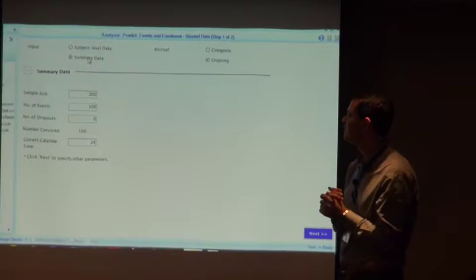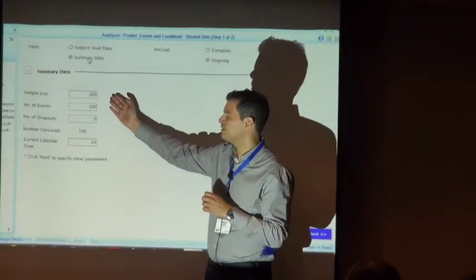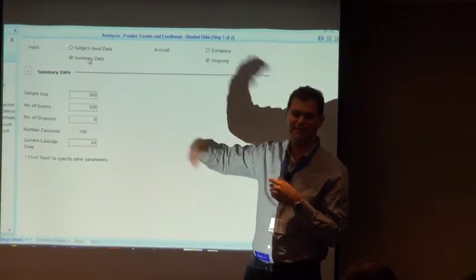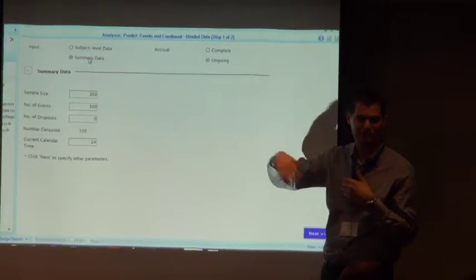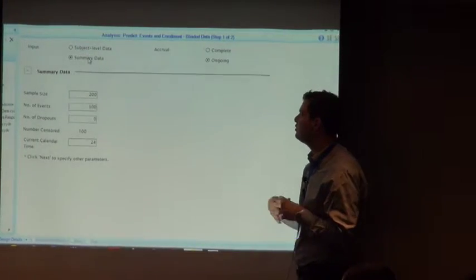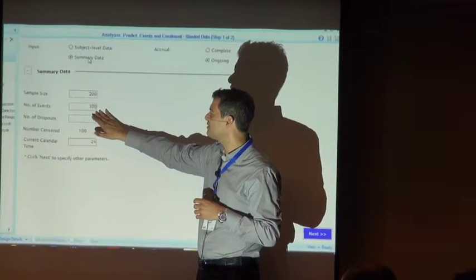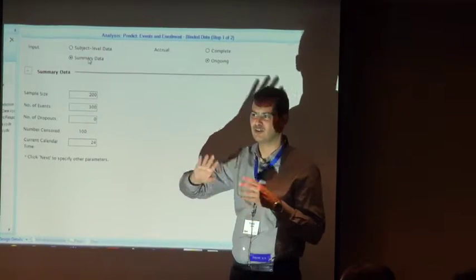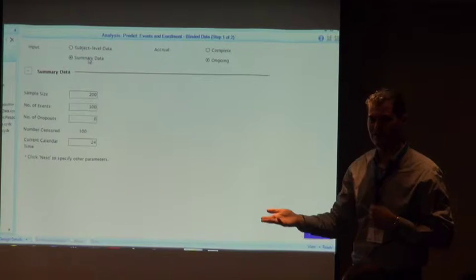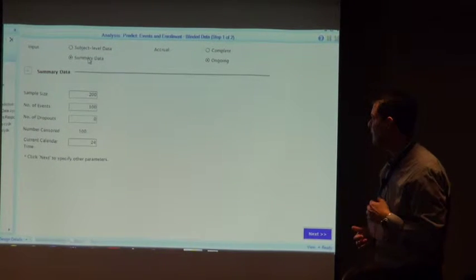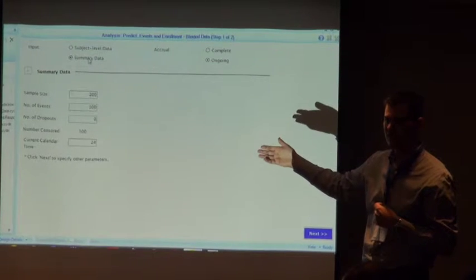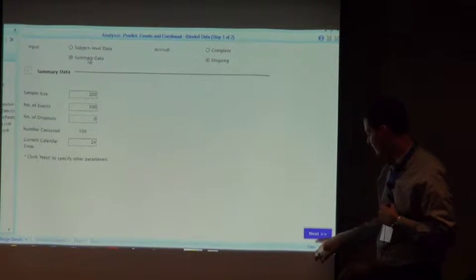So if my sample size is 460, then I know that I still have 260 patients to simulate for the future of the trial. 200 patients are already in the trial. And I'm looking for 374 events. If 100 have already happened, I know I don't need to simulate those 100. I just need to simulate the next 274. So it might be the case that you don't have much more granular data than this. And once you hit this next button,